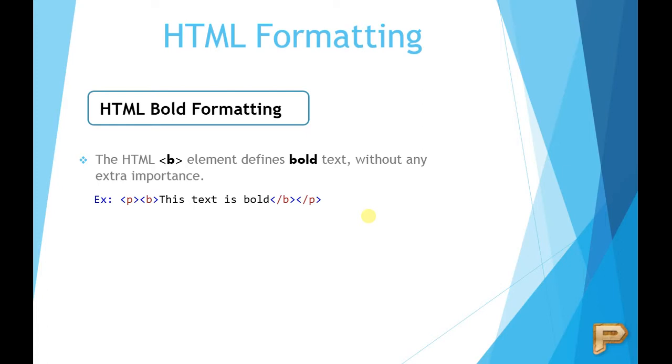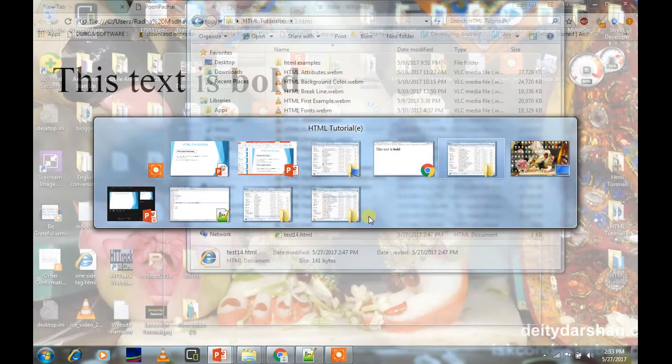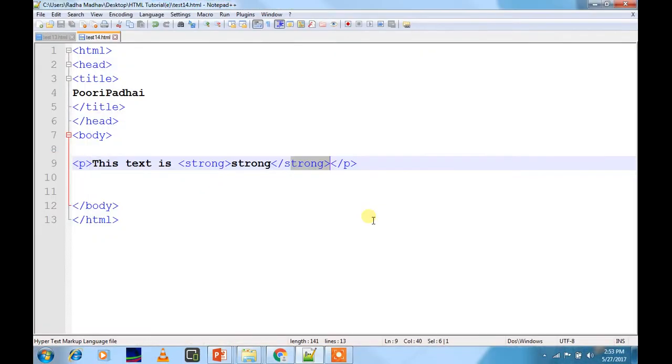Now we will try to understand with the very first example how this works in Notepad++. Here in Notepad++ you can see I have already written a code. You can write bold 1 2 3 or XYZ, your name, you could write anything. So let's see what the appearance would be if I save this file.